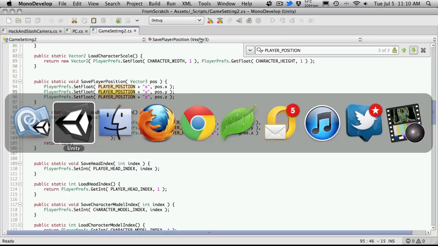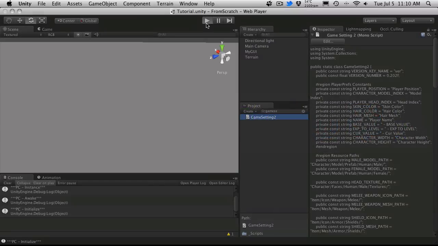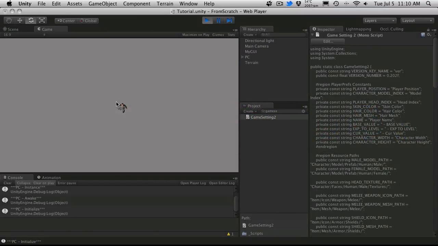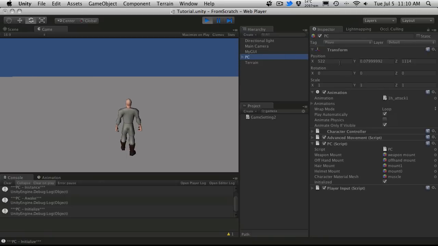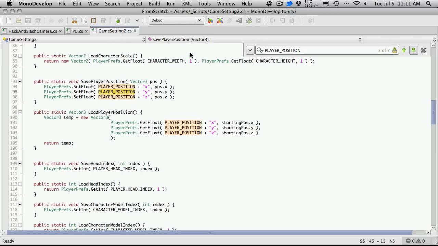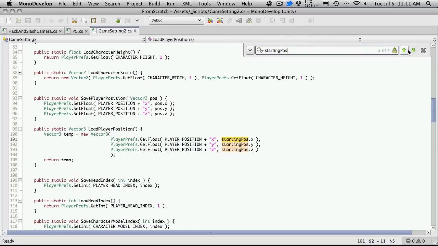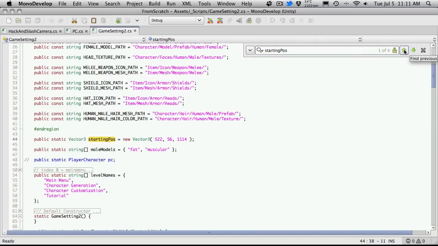Let's actually go ahead and start the game back up. This might be something I'll have to look at before we move on. I just want to see where he's spawning. And okay. For some reason he's spawning there. I'll have to look it up behind the scenes. But at some point we are saving. Here's our defaults here. Let's go to the very first one. And here we go. We actually have hard coded our starting point,